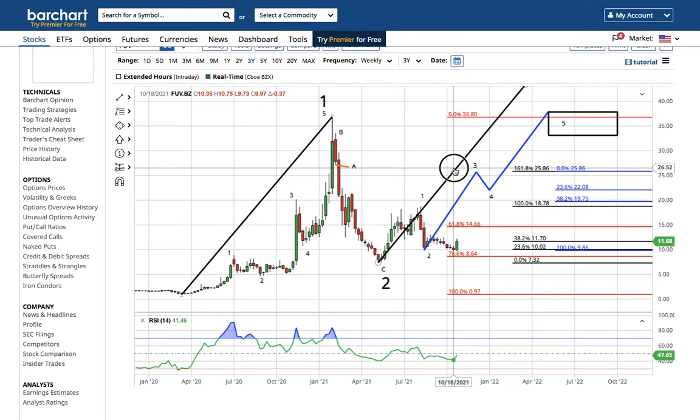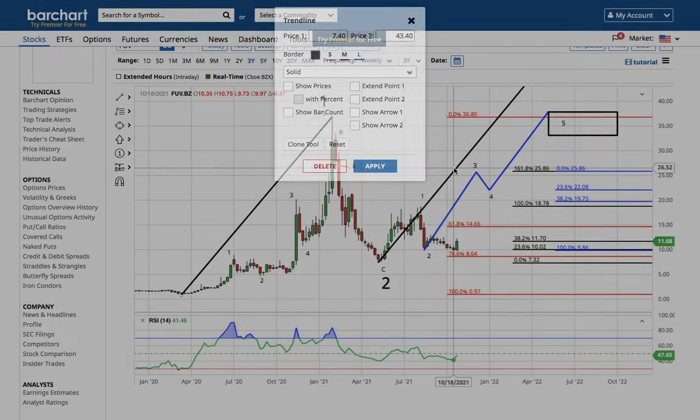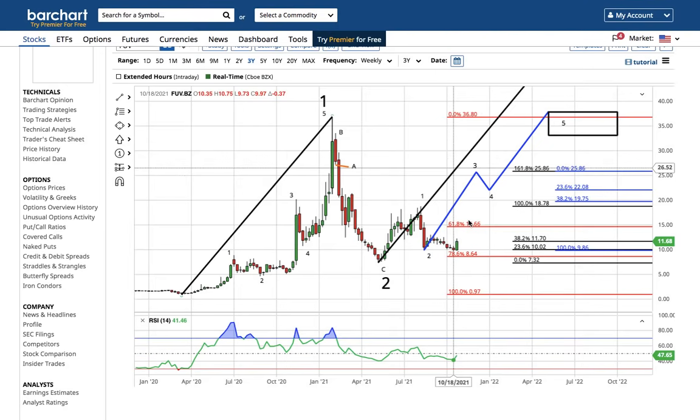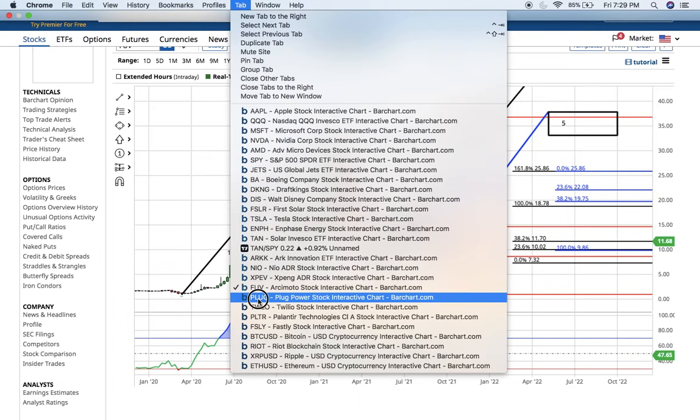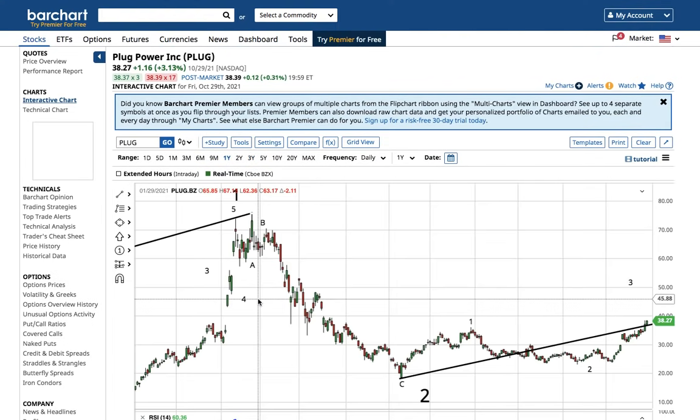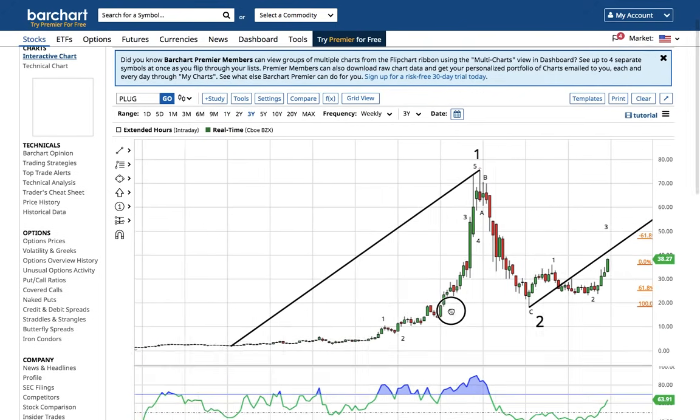it's within a wave 3 on the bigger picture that's going to take it to 43, probably in the first half of 2022. And the smaller degree, the shorter term count says we're going to go to 25, possibly this quarter, most likely in the first quarter, before a shallow wave 4 and a wave 5 higher. Acromoto is starting to look a lot like XPEV. A lot of these clean energy stocks like XPEV that IPO'd recently are starting to look very good. So that's one place to focus on.